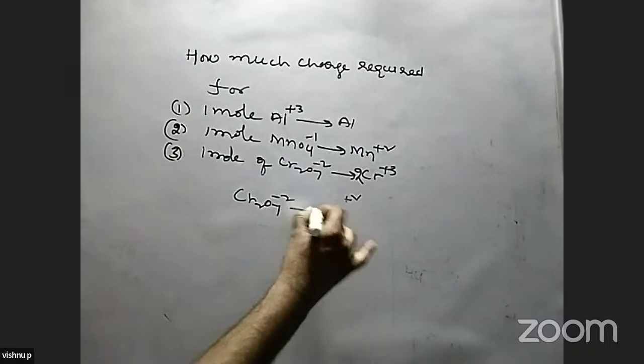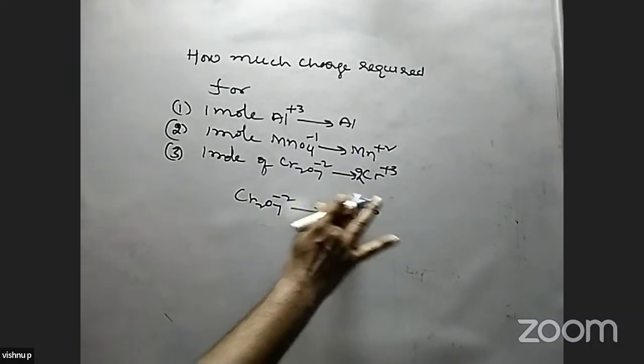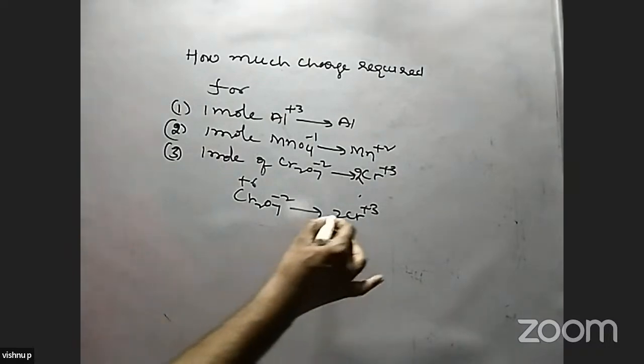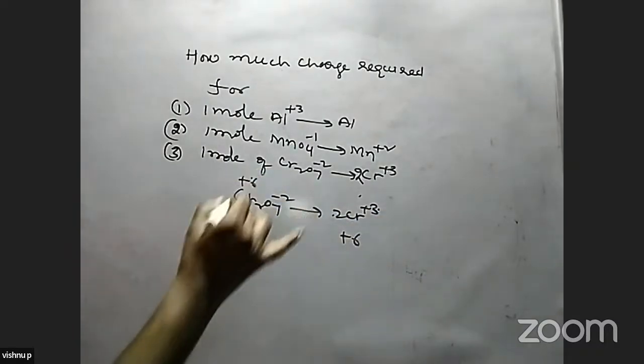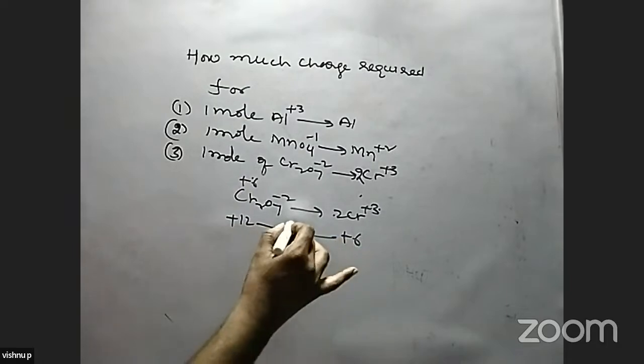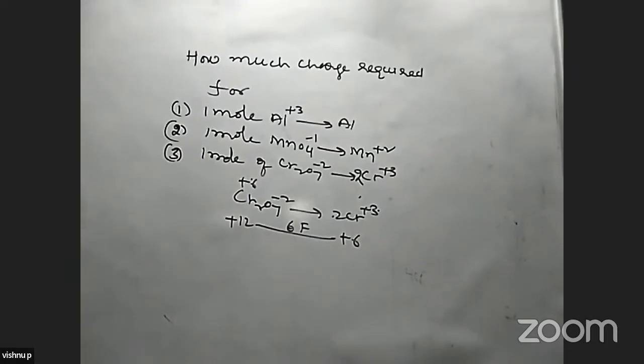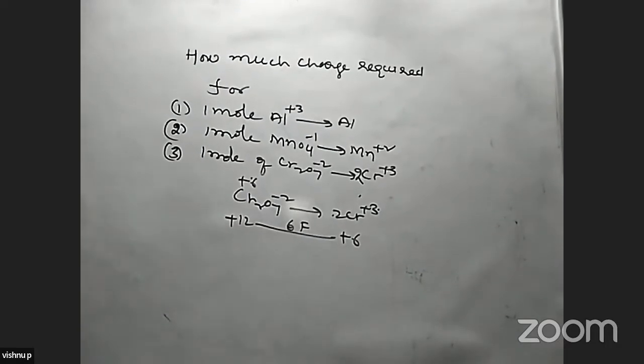In the same way, Cr2O7 minus 2 to 2 Cr plus 3. Here, the oxidation state is plus 6, so for 2 Cr it is plus 12. To 2 Cr plus 3, it is plus 6. How many Faradays are required for this? The difference is 6 electrons. So 6 Faradays are required for this deposition. So in this way, we can find out